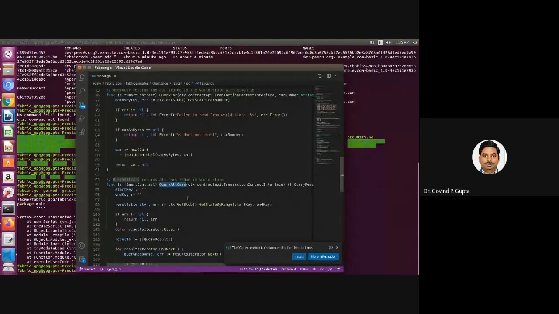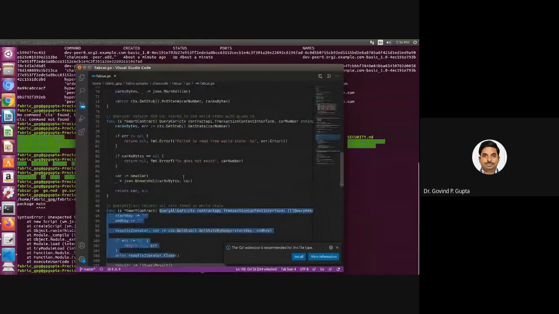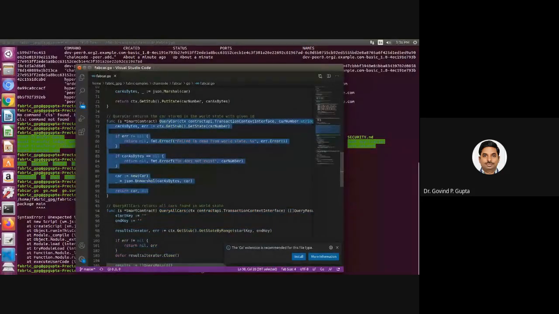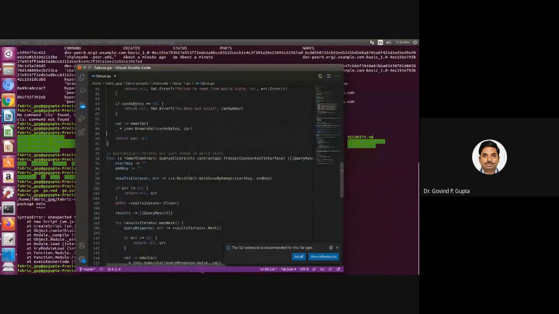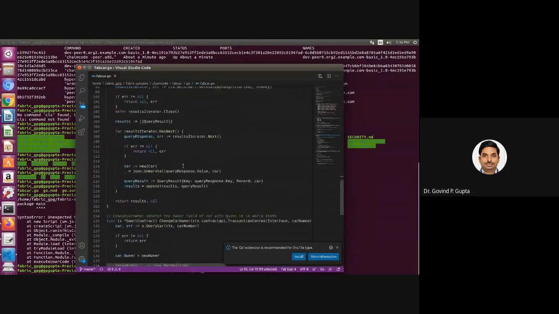All peers must agree for the smart contract. According to a smart contract, they are going to interact with each other. For the different queries a peer can make, you have to write your own method corresponding to each query. Just like here, for a query about a single car, this function is executed. If you want to know the world state of all cars, then you have to use this function.